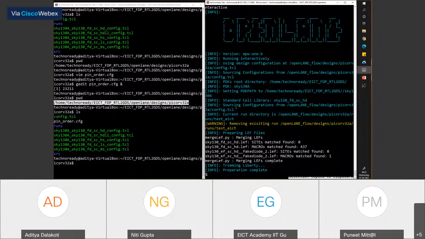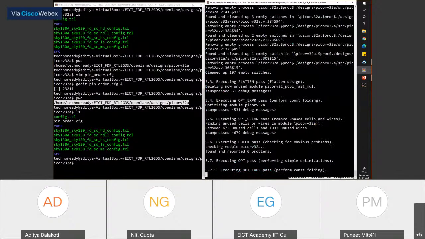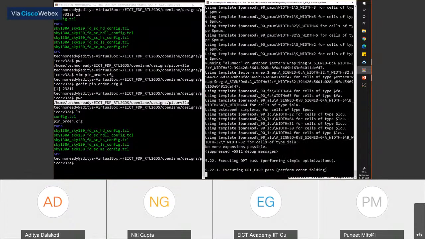Now it will run different stages of the flow. Now we can run different stages of the flow again. So we'll run synthesis again. Please run the synthesis again.